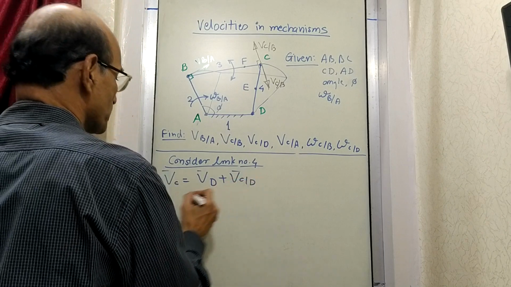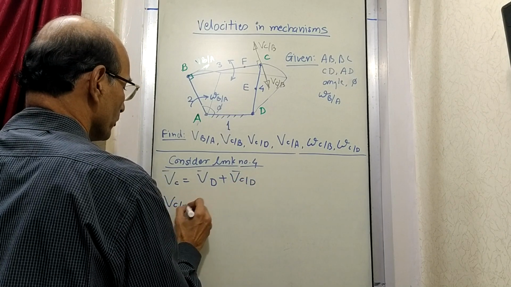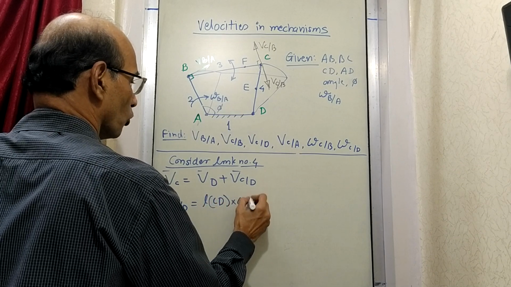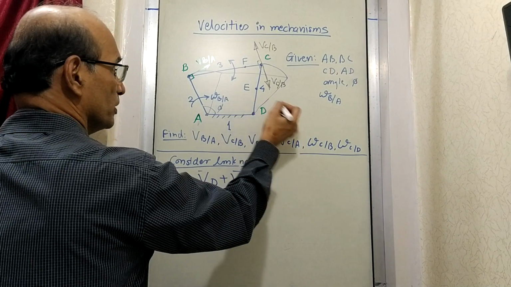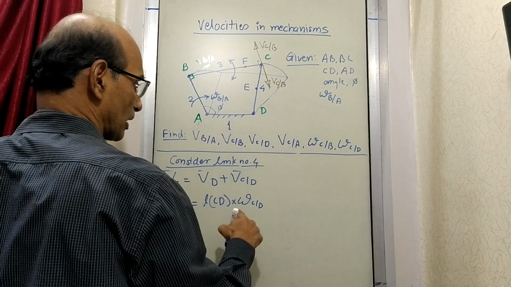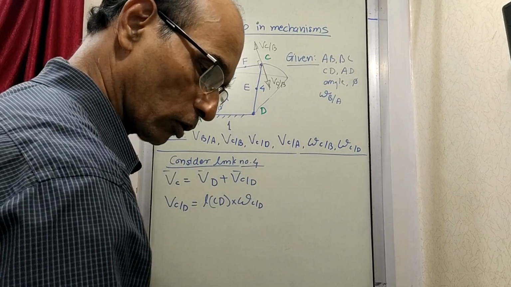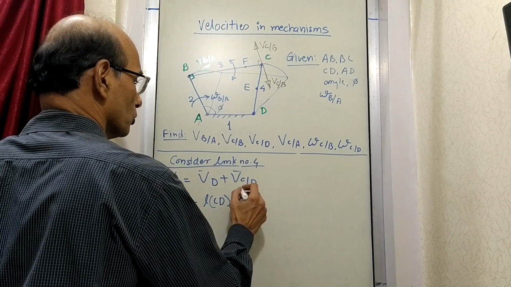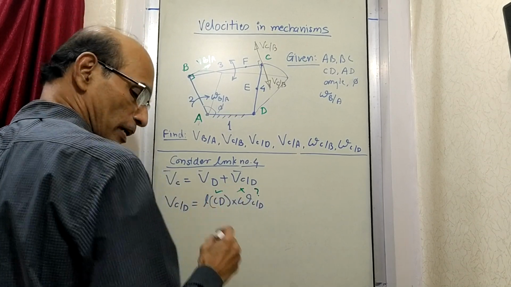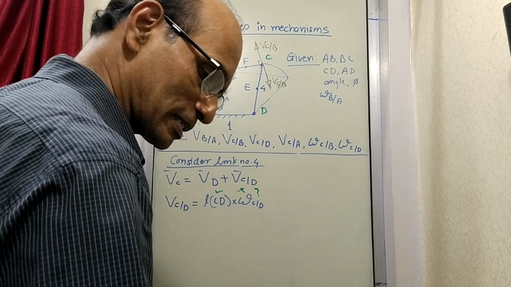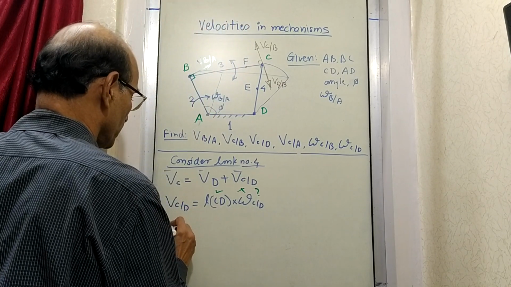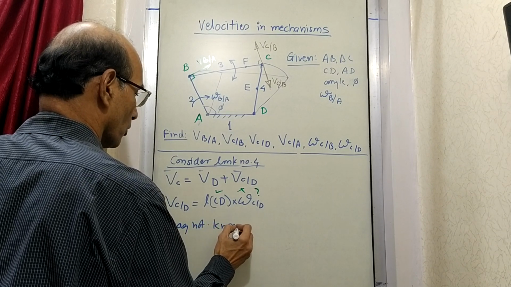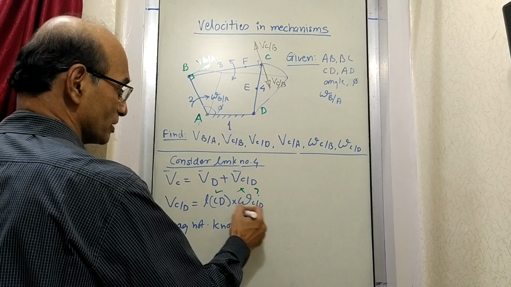Now what is the velocity of C related to D? It is the length CD, R, times omega of C related to D, which is again what is asked. But right now you will see that we do not know the answer. This we don't know, this we know, but as a result it is not possible for us to find the magnitude. The magnitude is not known, because this is not known.